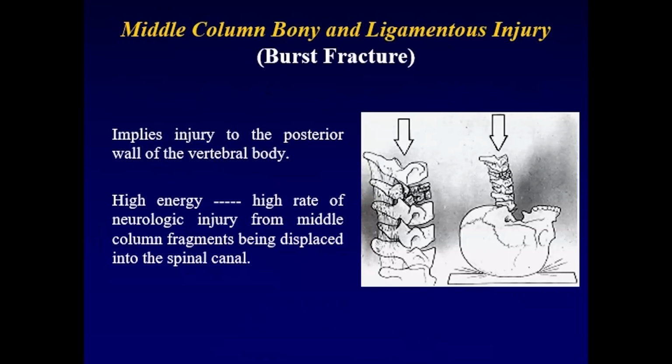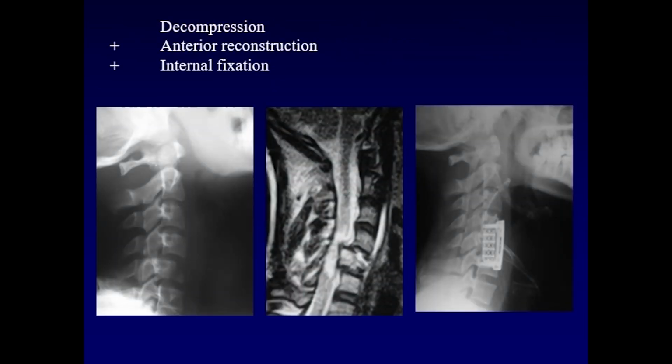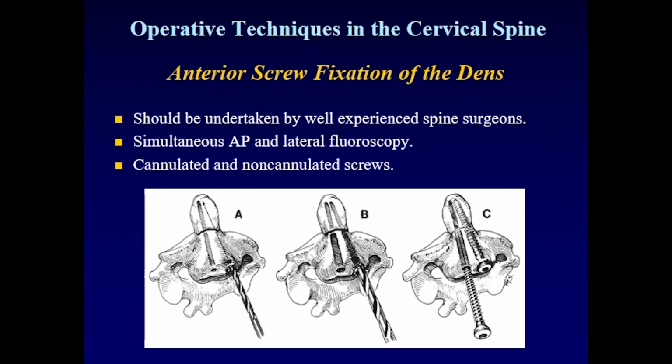Burst fractures result from high-energy trauma. They usually have compression on the spinal cord and are usually treated by anterior reconstruction. The most commonly used operative techniques in the cervical spine include anterior screw fixation of the dens,